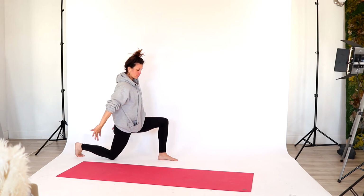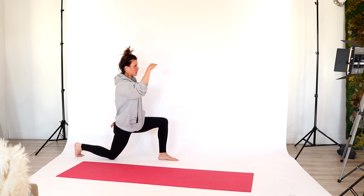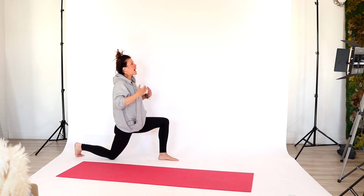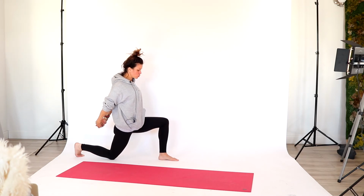Taking the hands behind the back. So similar to where we were standing, you're going to push the bum into the hands, drop the shoulders down. Now you can stay right here, eye line forward, or you can start to pull the hands away from the bum as you slightly look up towards the ceiling. So an active chest opener. We're asking the chest open by pulling the hands back, squeezing the shoulder blades together, push through the left foot,